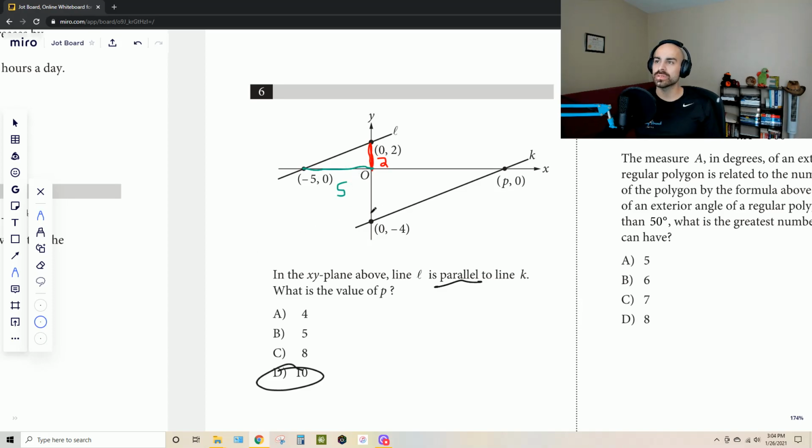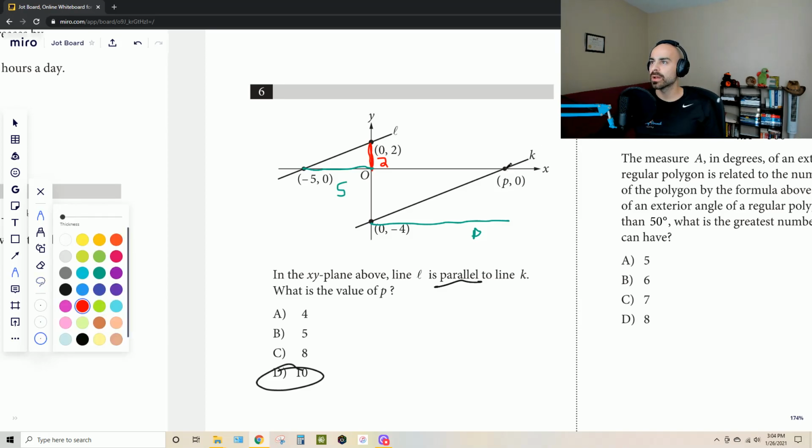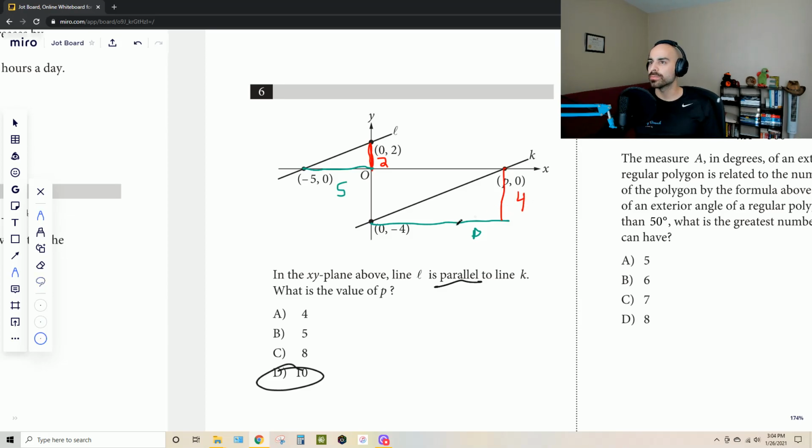Now, if we were to do the same thing for this triangle, the run here would be p. We don't know what that is, but we do know that the rise is 4, because it's starting at 0 and then it hits here where the y coordinate is negative 4. So that's just 4. Because the lines are parallel, these triangles must also be similar. And we recognize that 5 is to p what 2 is to 4, meaning that we can rewrite this fraction as 2 over 4